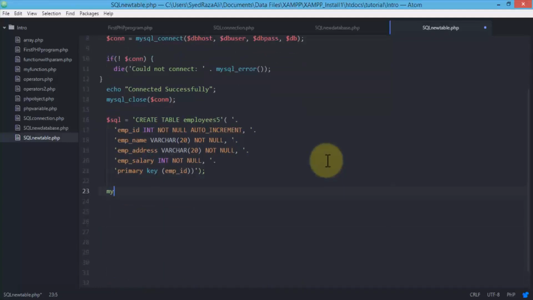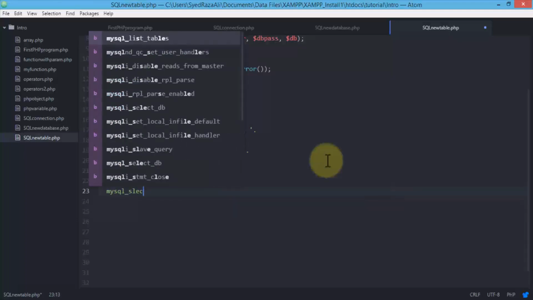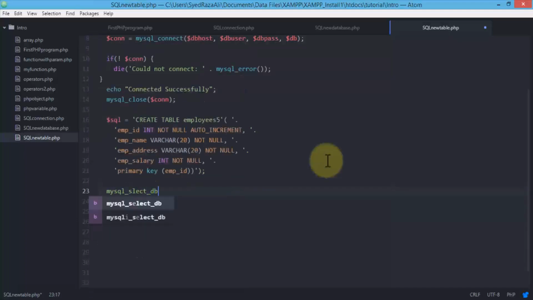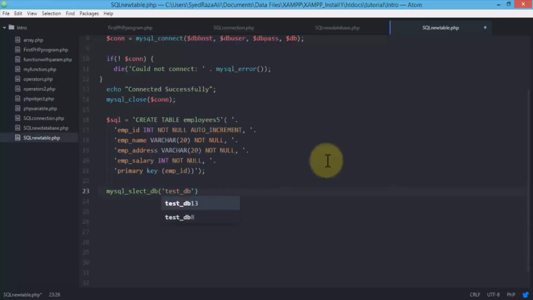Next I'm going to do the MySQL underscore select underscore DB, and then the database that I wish to choose is called test underscore DB13, something that I created earlier. And then once I select this database, I put a semicolon,